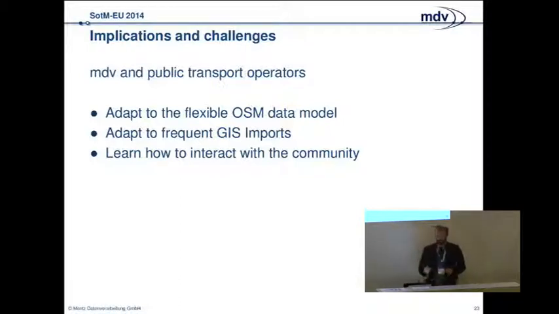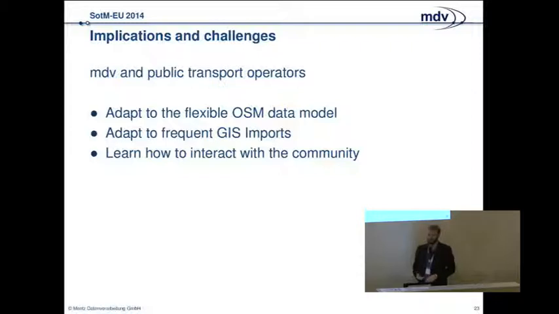And another very important thing that we also faced is learning to interact with the OpenStreetMap community. There's a strong discussion culture, there are the talk lists, so the transport authorities and operators will have to respond and communicate and work with the community if they want to be successful in using the OpenStreetMap data.